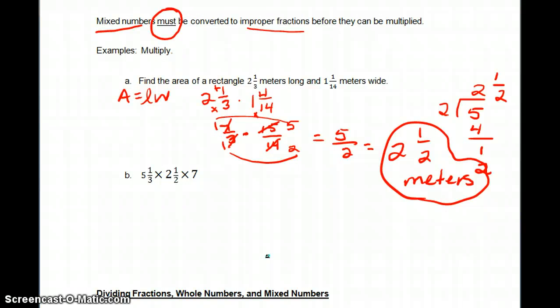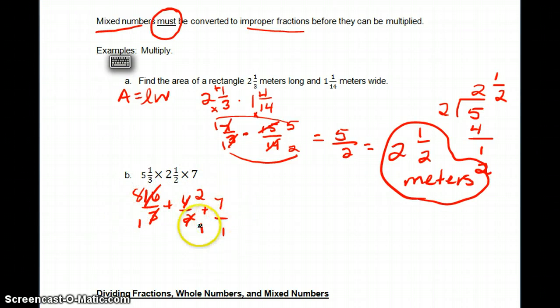Okay? And the last problem here is just another example where you're being asked to convert. So we're going to do 15 plus 1 is 16/3 times 6/2 plus 7. We can cross cancel, and that's going to give us a 1 and a 2. This will give us a 1 and an 8. And then you're just going to straight multiply. Don't forget that that 7 is a 7/1. I'm going to stop this recording and we will pick up in